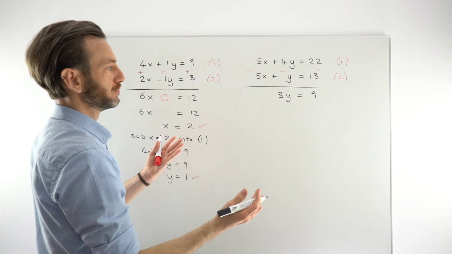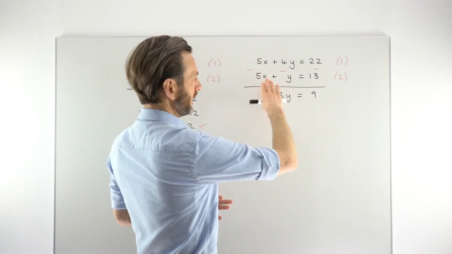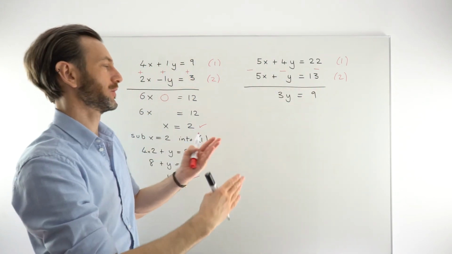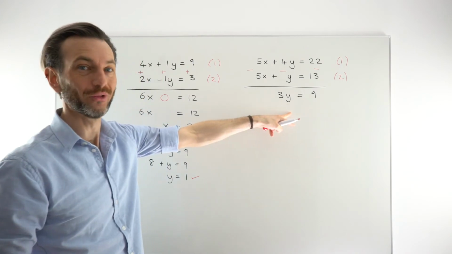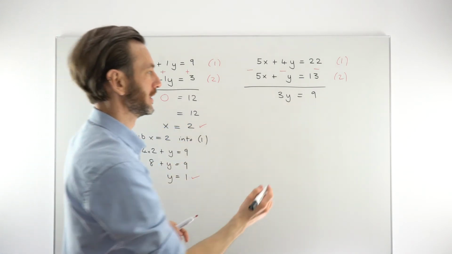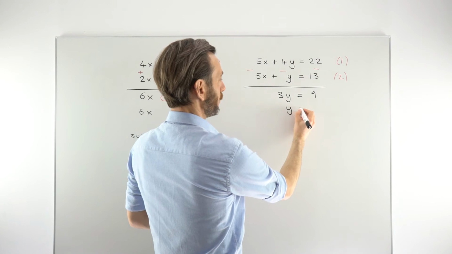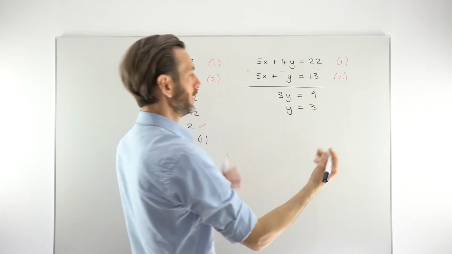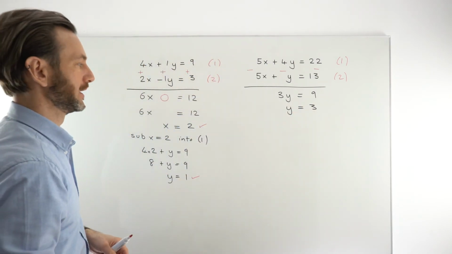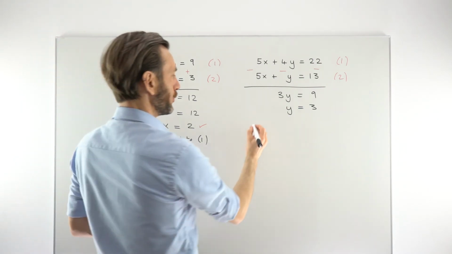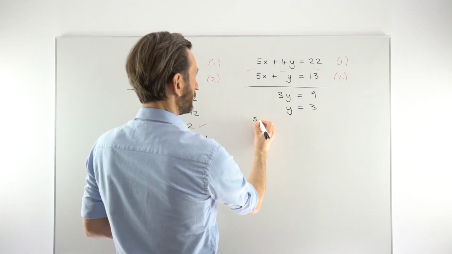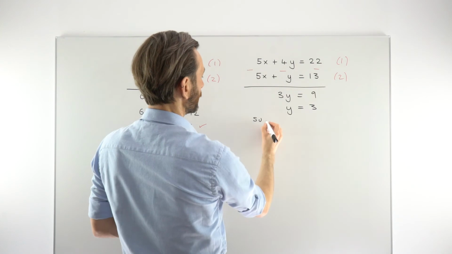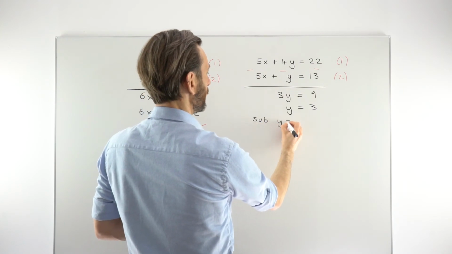So after that first move, you've gone from this like really horrible two equation scenario to usually a fairly trivial linear equation. That's kind of the beauty of these. Just really easy to solve that one, dividing both sides by 3, and we get our first solution, y equals 3. Just going to substitute that into either of the equations. Doesn't matter again which. I'll go for equation 2 this time. So we're substituting y equals 3